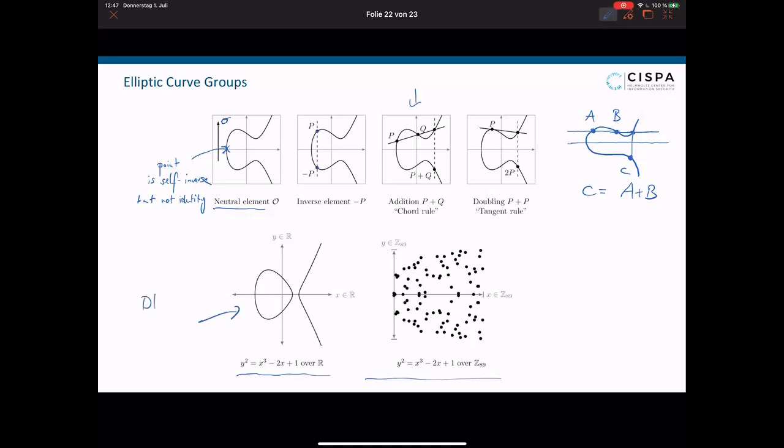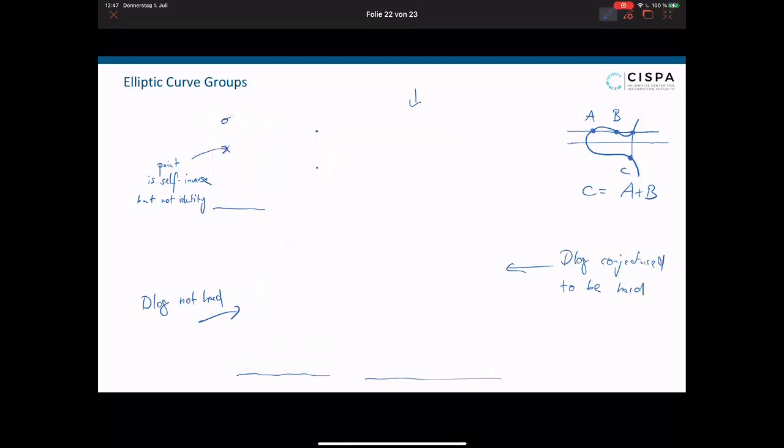So here you have a discrete log, because it's continuous, not hard. Whereas here, discrete log is conjectured to be hard. In fact, these are currently the most popular cryptographic groups, because if we go back to the last picture, this group of quadratic residues modulo p,